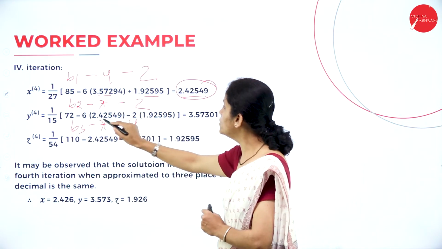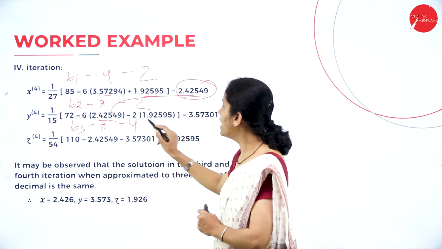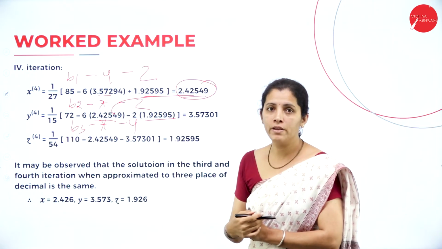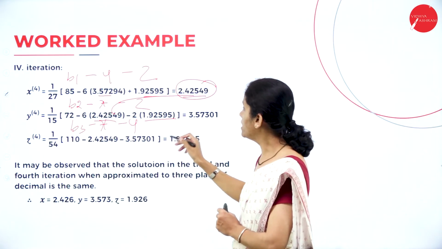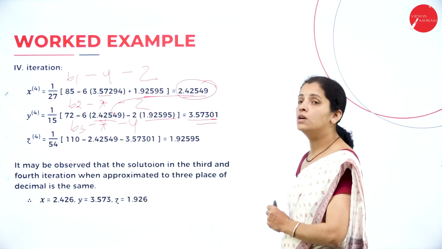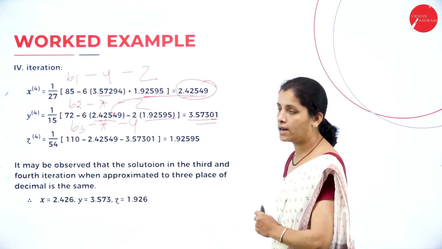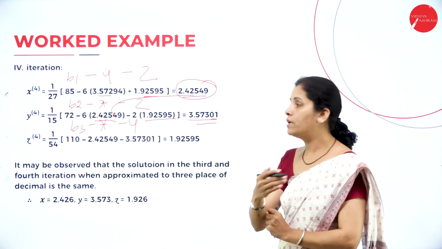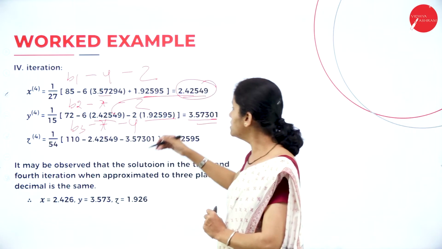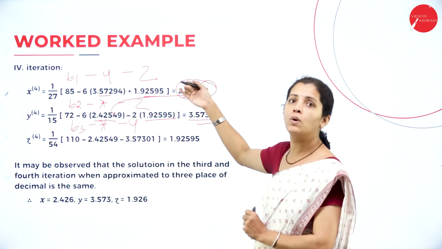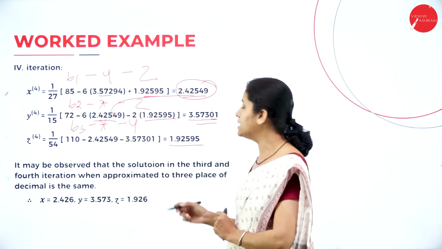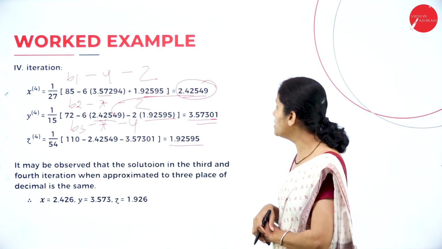Now, from this X value, once again, I'm going to find out Y. So this is my new X value, and I'm going to take the Z value from the previous iteration. Okay, after substituting, I'm going to get the answer 3.57301. Now, what I want to do, I want to find out my Z4. So here I'm going to consider the present x value as well as the y value, and when I substitute, I'm going to get the answer,